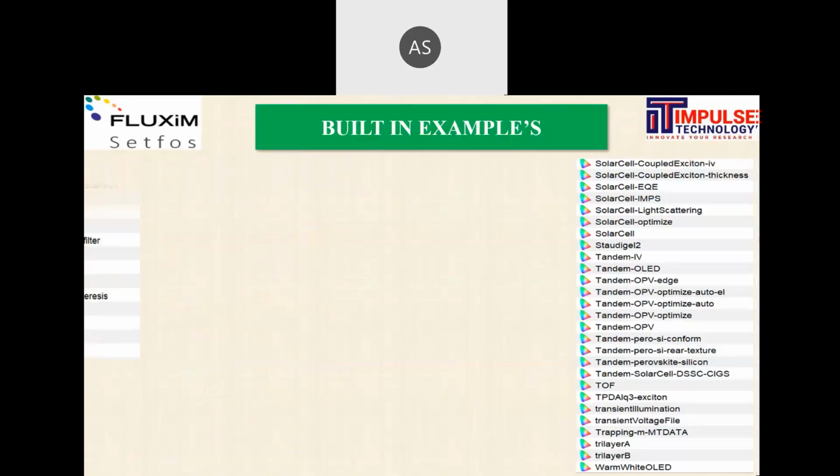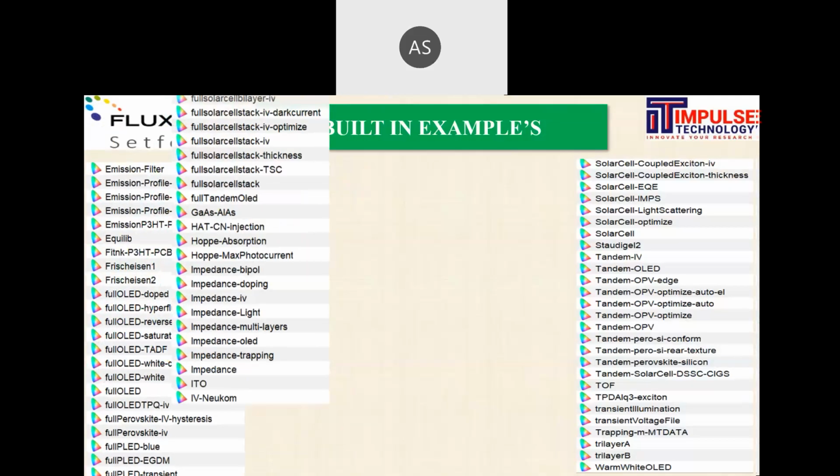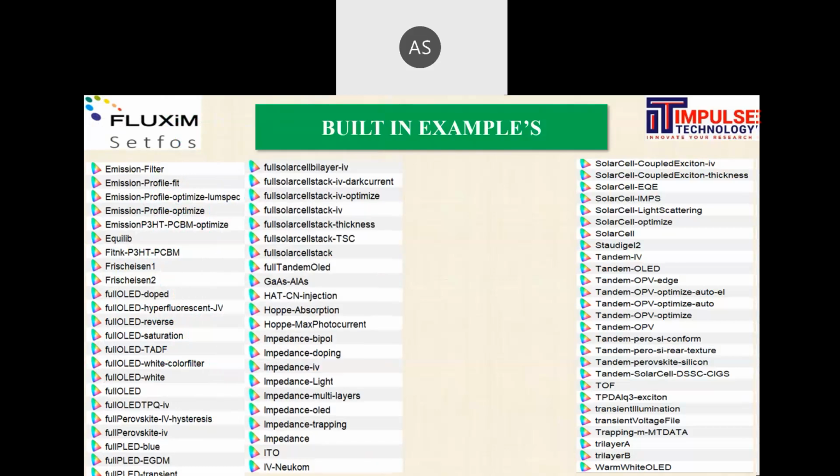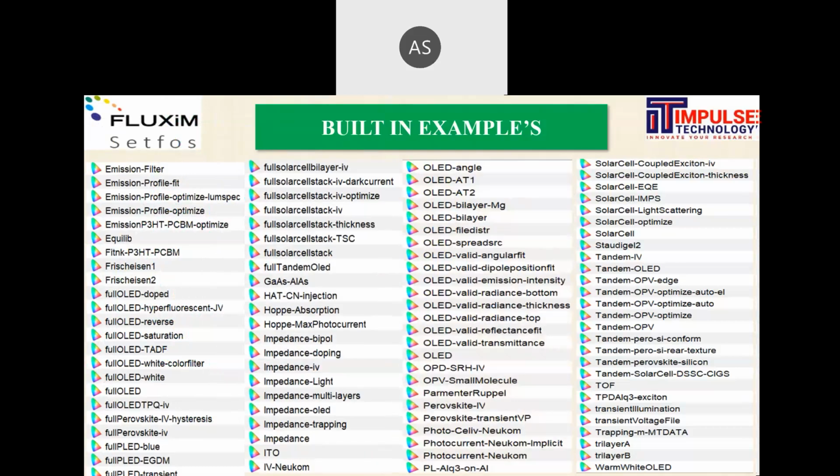Now we have inbuilt examples for solar cells as well as LED devices that you can see on the screen: full solar cell, IV, dark current optimization, thickness variations, transient, perovskite transient, impedance, and solar cell with external quantum efficiency, exciton variations, tandem perovskite-silicon. These are the example library already given in our database.